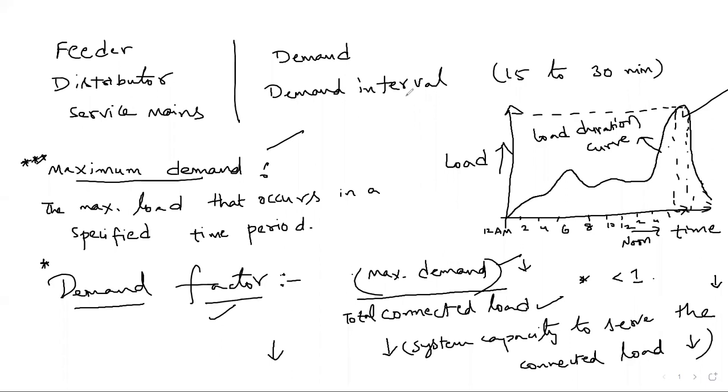That is very important while you are analyzing the classification of the loads. We have different categories of loads like domestic, commercial, agricultural, right? These are the different kinds of loads we have in our regular life. For each load, we need to get the demand factor value, the diversity factor value and the load factor. Based on these factors, we can analyze whether that load is feasible for our power system or not, whether it will disturb the system or not. So everything we need to analyze using these different kinds of factors. Right? Understood?